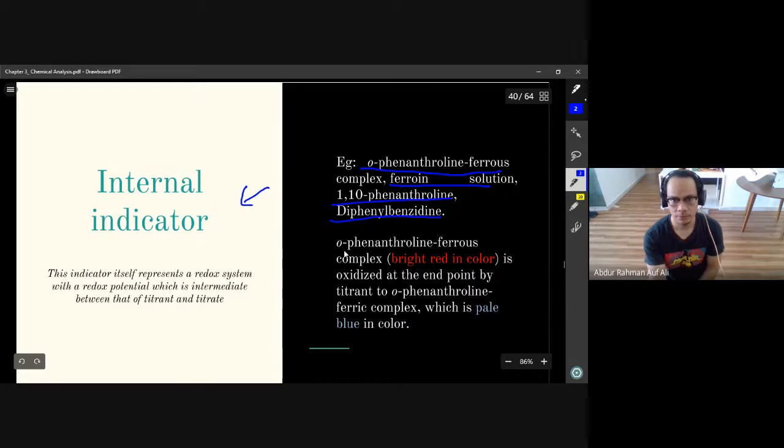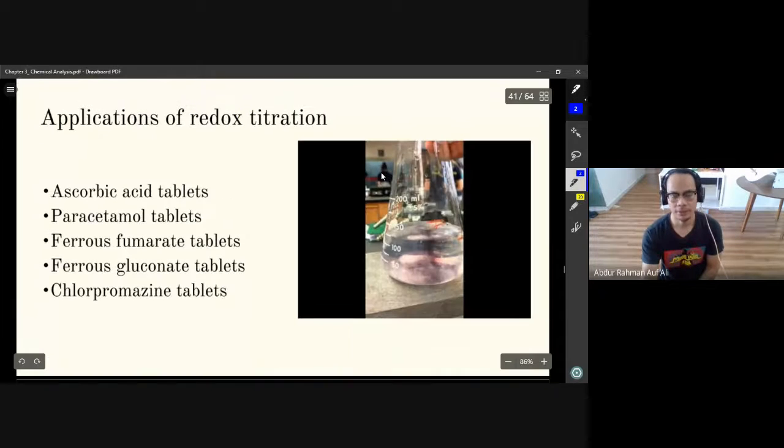So for example, the O-phenanthroline ferrous complex, the color change is from bright red in color to blue in color. Okay, so that's one example for O-phenanthroline ferrous complex. And the application. So the application for redox titration, we test if the drugs we want to test contain different